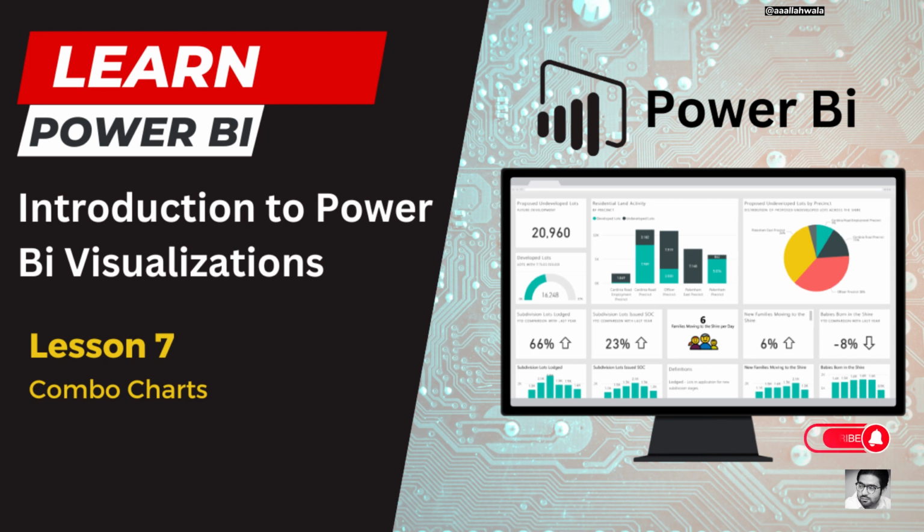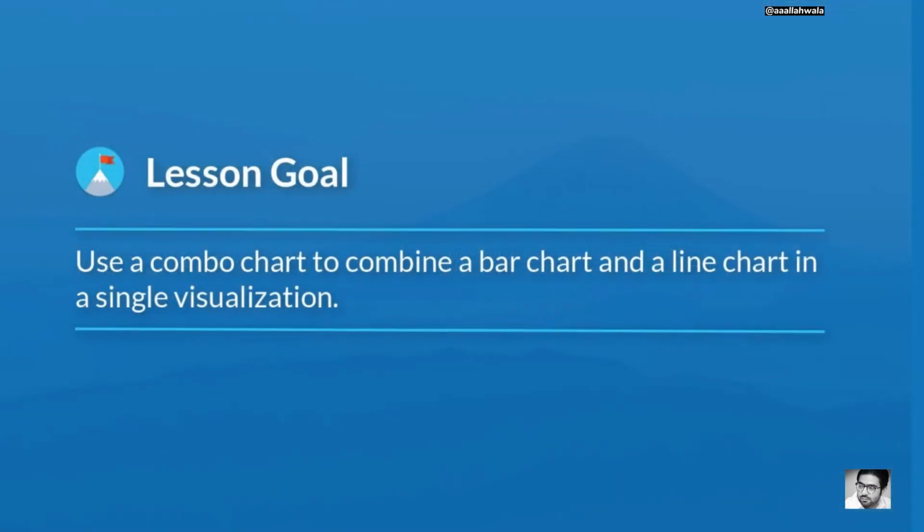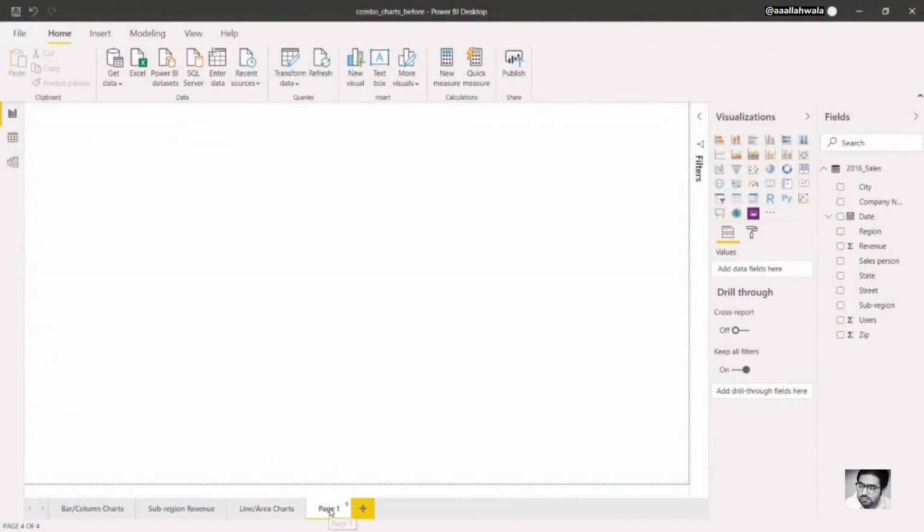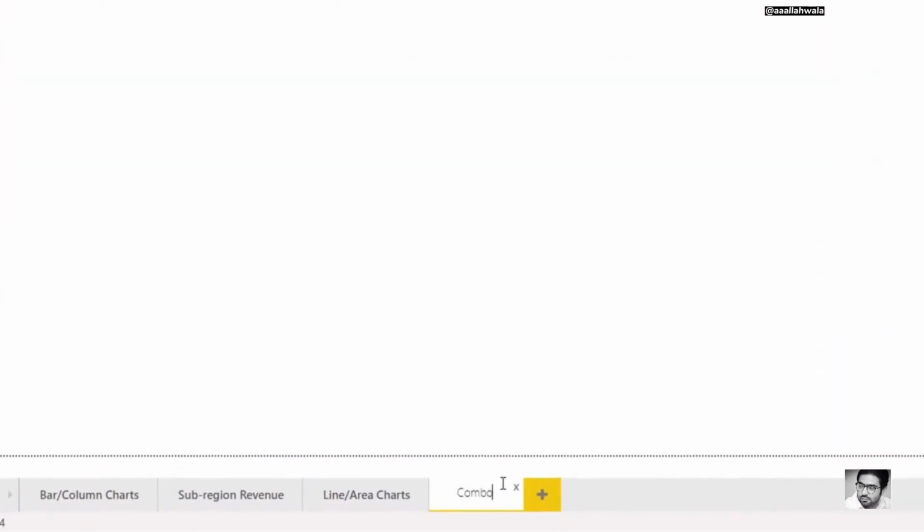So far, we've looked at two main chart families, bar charts and line charts. In this lesson, we'll use a combo chart to combine a bar chart and a line chart in a single visualization. To illustrate why this can be useful, let's create a new page in our report and name it Combo